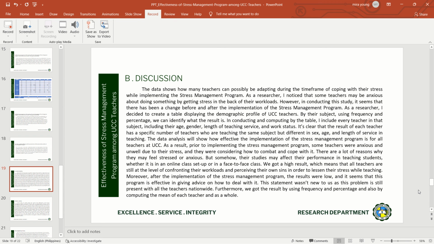The data shows how many teachers can possibly adapt during the time frame of coping with stress while implementing the stress management program. As a researcher, I noticed that some teachers may be anxious from getting stressed because of their workloads. However, in conducting this study, it seems that there has been a change before and after the implementation of the